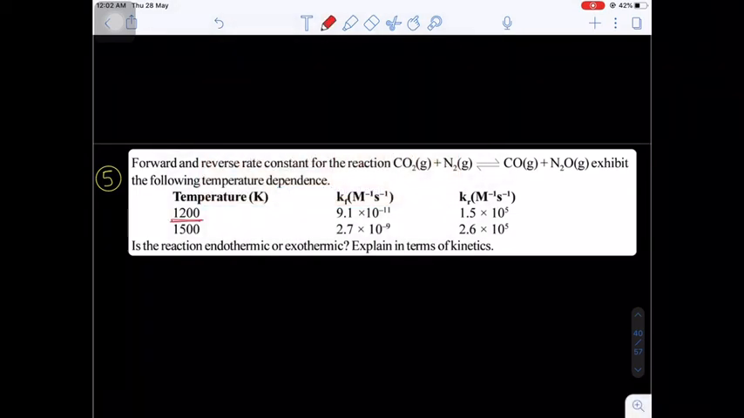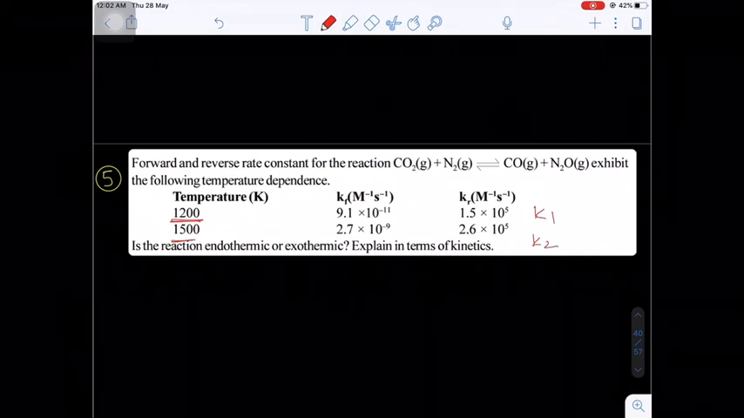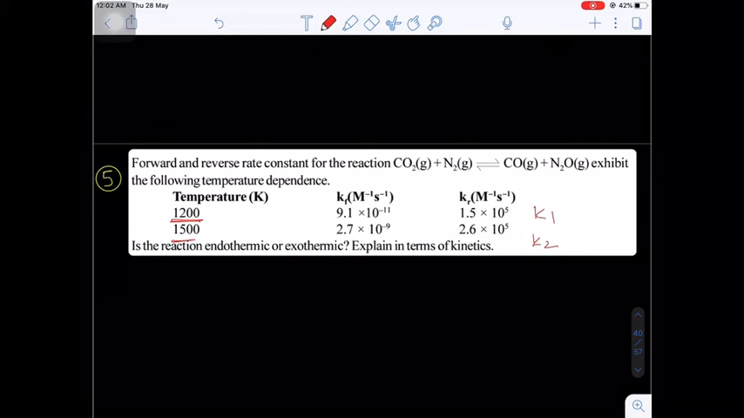Okay. Now here one more question I am giving to you. Try yourself. Same concept we have to apply. First of all, at 1200 Kelvin calculate the equilibrium constant, and at 1500 Kelvin calculate the equilibrium constant and compare the K1 and K2. If the temperature increases, okay, K2 increases,